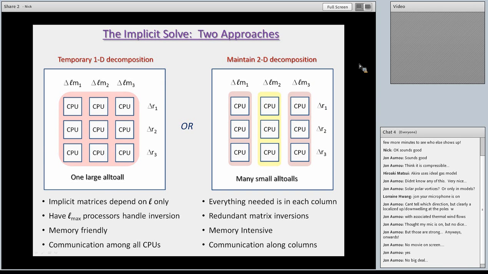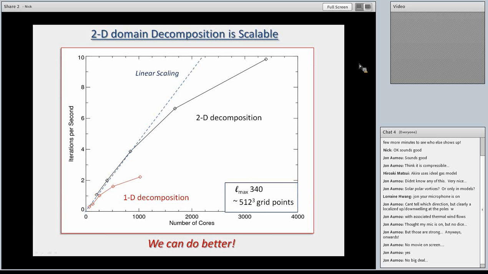Plan B says, well, we're going to maintain this 2D decomposition that we use in the rest of the code, with communications only along columns. So on one hand you have the memory friendly, but really bad communication and computationally unbalanced system, and on the other, the memory intensive one where you do a little redundant work, but it's communication and computationally balanced. Okay. So when I restructured the code to do this, the red line at the bottom,